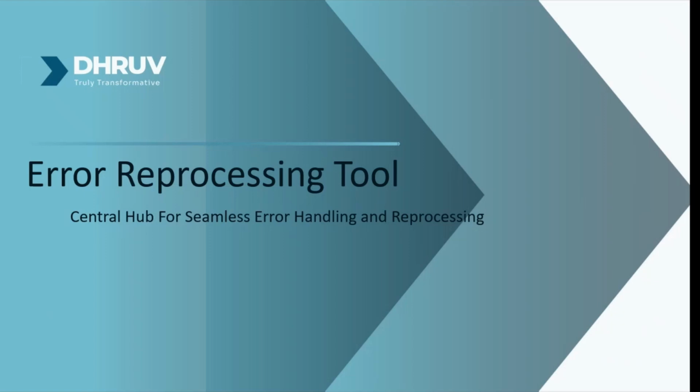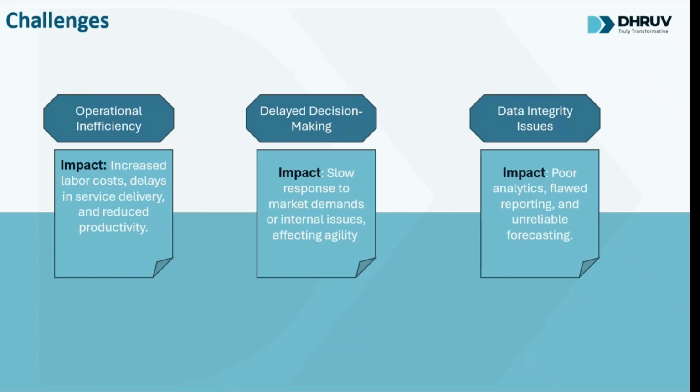Let us now see some challenges you might be facing today without a reliable error reprocessing tool. In a typical manufacturing setup, when an interface error occurs, what would really happen? Operators see missing data or halted transactions, but they have no clue why. Process engineers are forced to dig through log files, Excel sheets, or manual trackers just to trace the root cause. Errors go unnoticed until they are affecting inventory, traceability, and production flow.